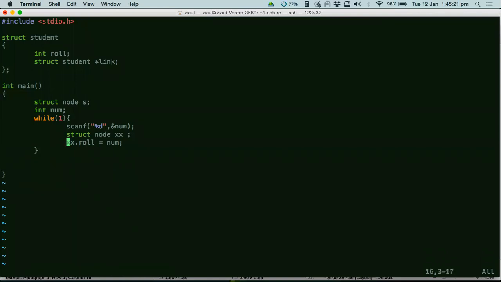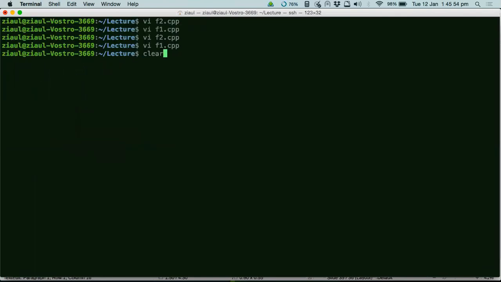I think things are clear till this point at least, right? It's very simple. You have an infinite running while loop, then every time you take the new roll number and assign it to a new structure variable. So it is student, sorry, the structure. Yeah, student. And if num equals -1, then let's say you exit the program.